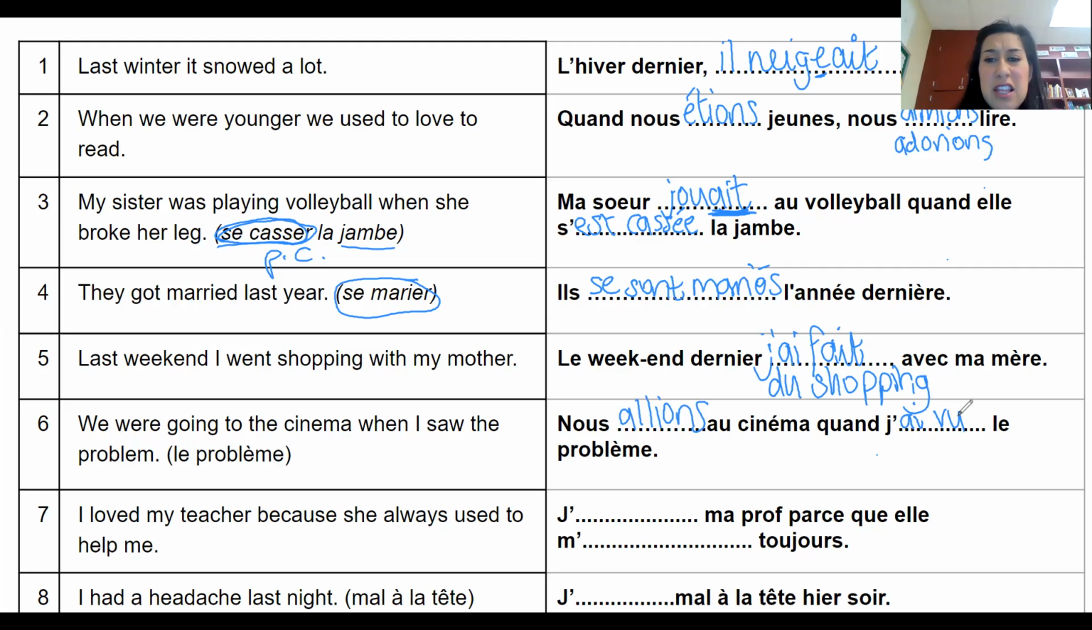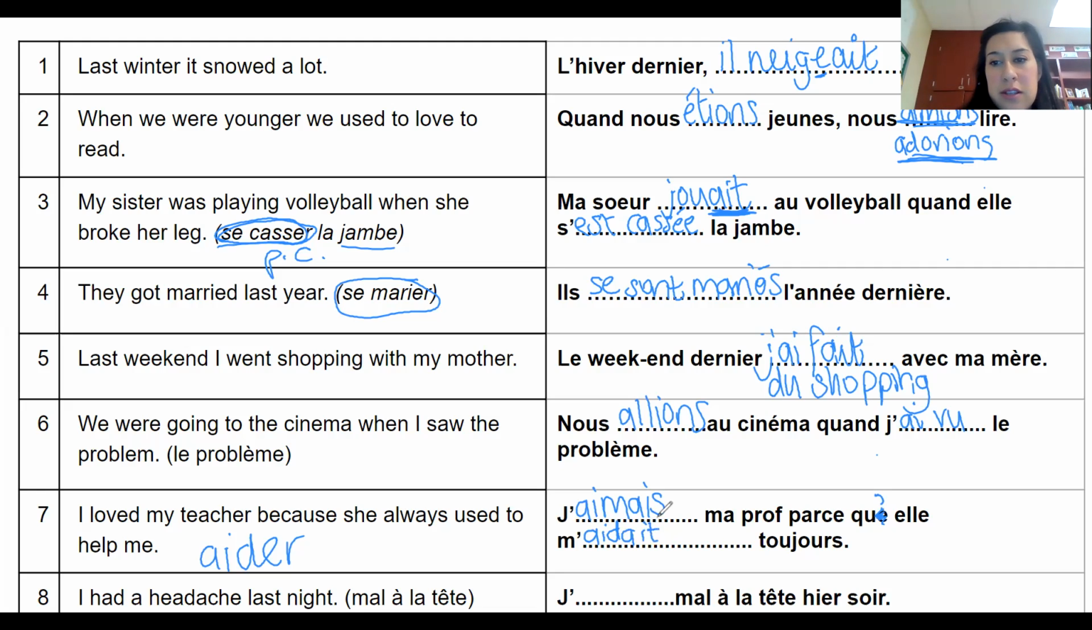Numéro 7, I loved my teacher. So again, right up here where we have aimer or adorer, you can use either of those. And I use j'aimais, but you could use j'adorais, that's fine. Ma prof, Pascal, and so she used to help me. What is the verb to help? Aider. Pascal m'aidait